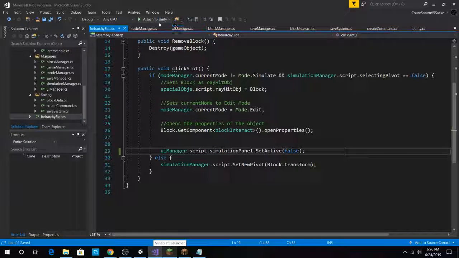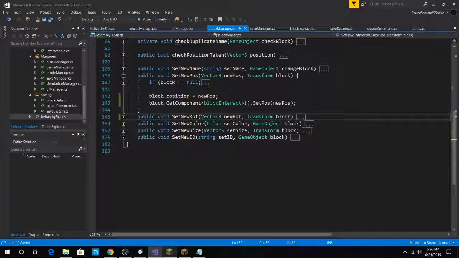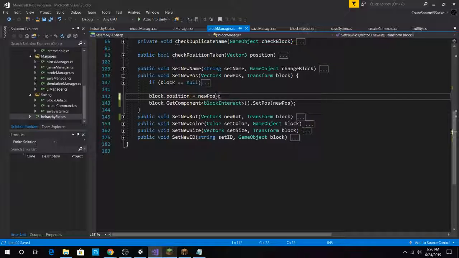We need, okay, for the block manager, position, what we need to do is to multiply this by vector 3 dot